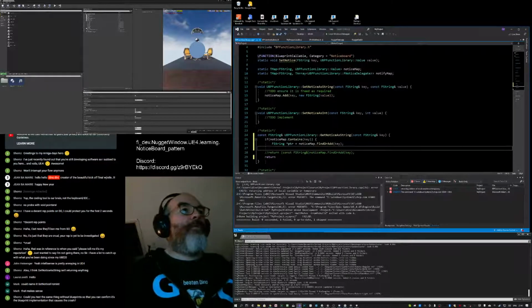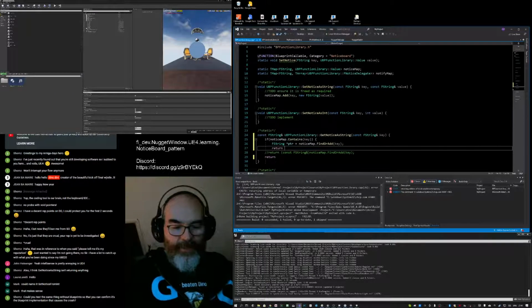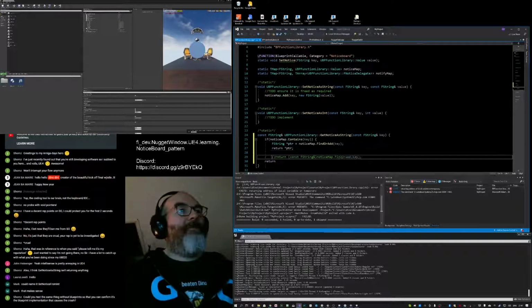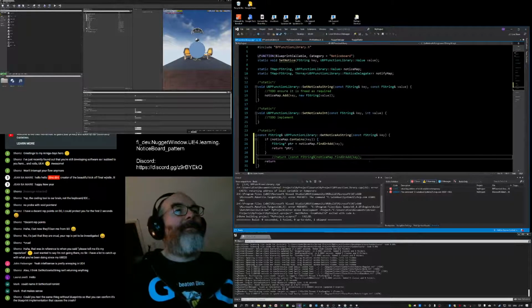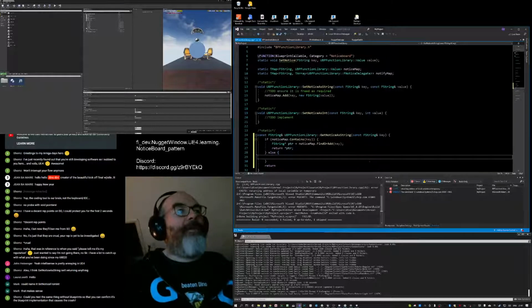Then return a const reference to that object. Well, the object itself is star pointer. It might be that that's enough, actually. We'll see. I'll try that. Right. Now, if I go here with else, this means that it didn't exist.